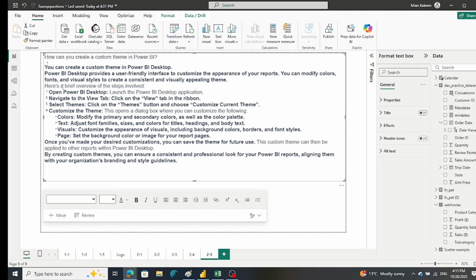Here is a very brief overview of the steps involved. Open Power BI Desktop, launch the Power BI Desktop application, navigate to the View tab, click on the View tab in the ribbon, select the Themes, click on the Themes button and choose Customize Current Theme. Customize the theme. This opens a dialog box where you can customize the following: colors, modify primary and secondary color,